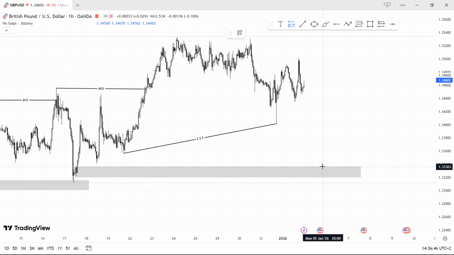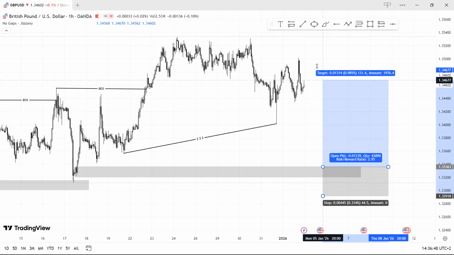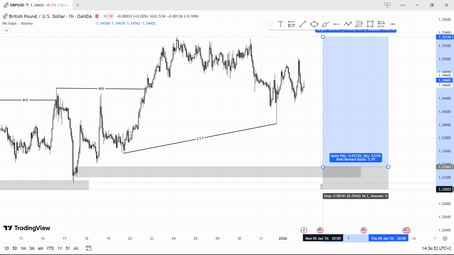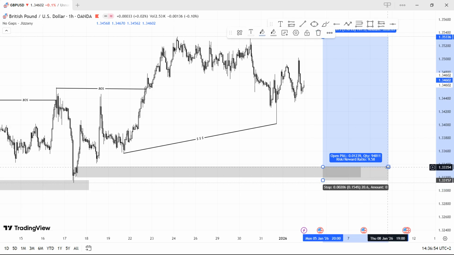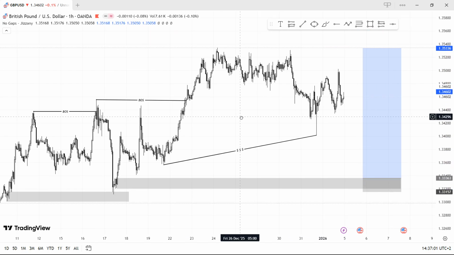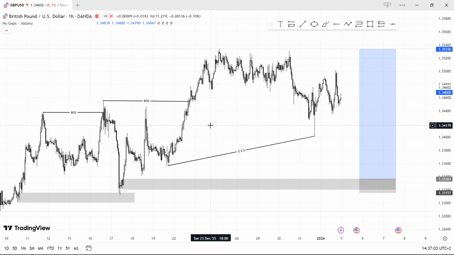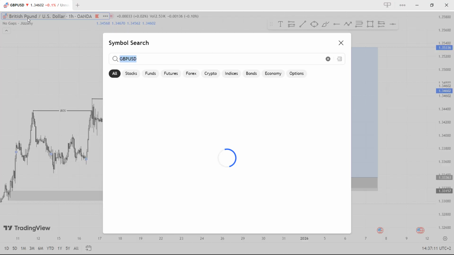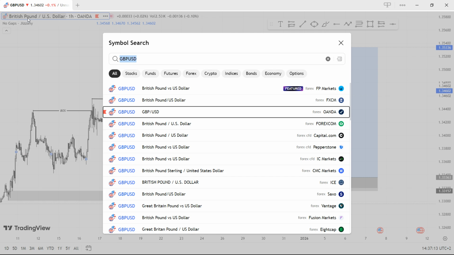Our entry will be set here, targeting this high, and our stop loss will be here, about 20 pips. So this is the entry on GBP USD. Maybe I can do another one so that you can see how this model works. So let me try